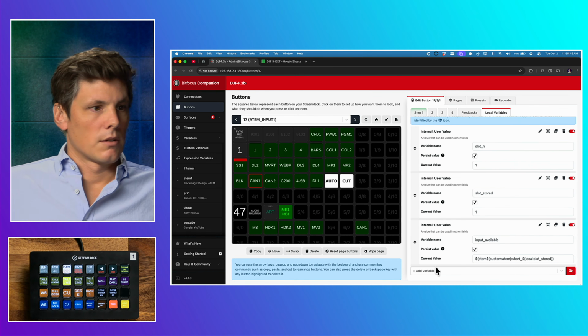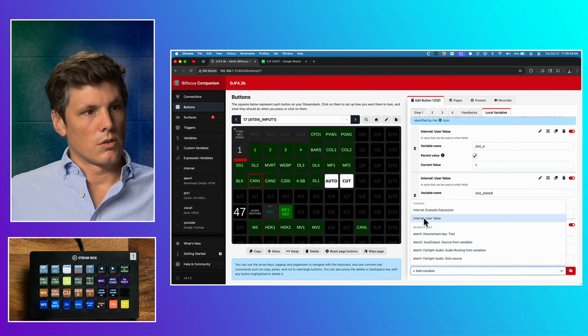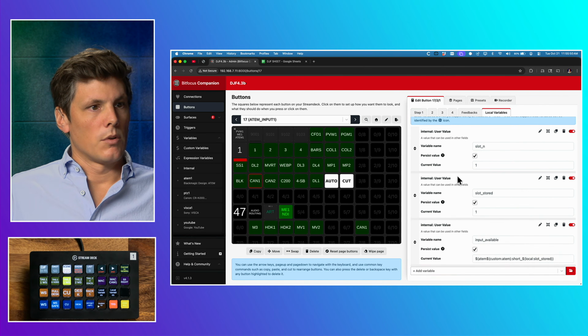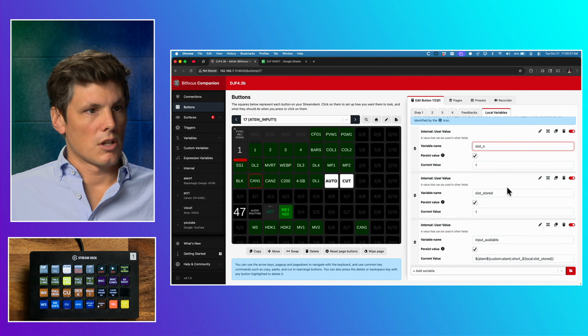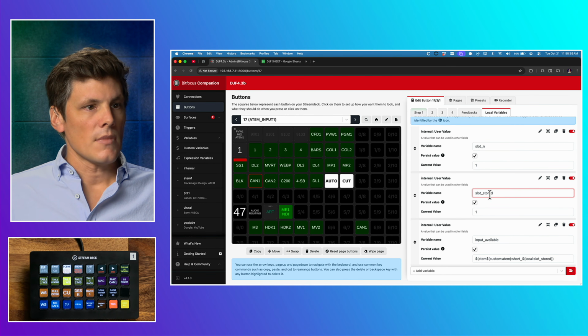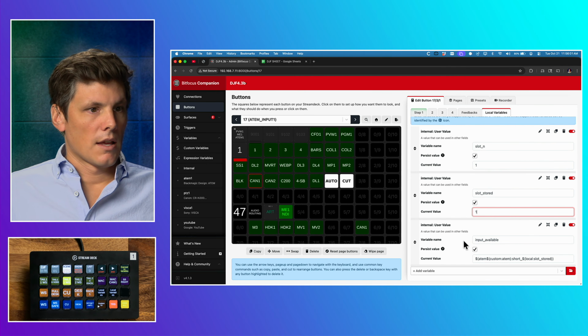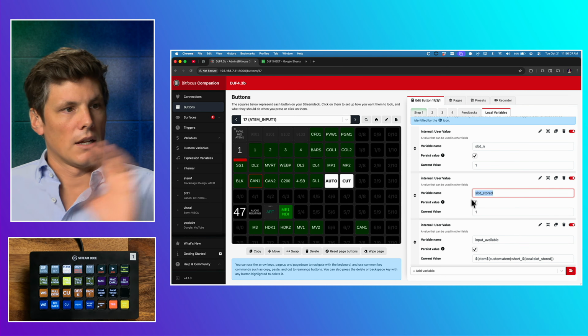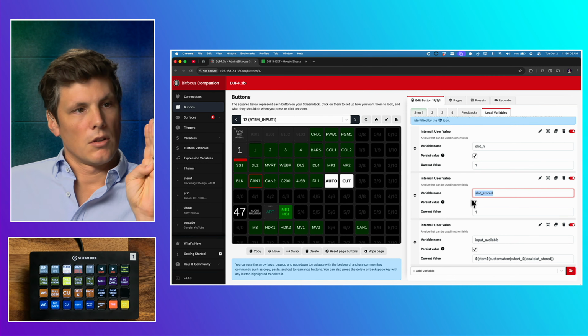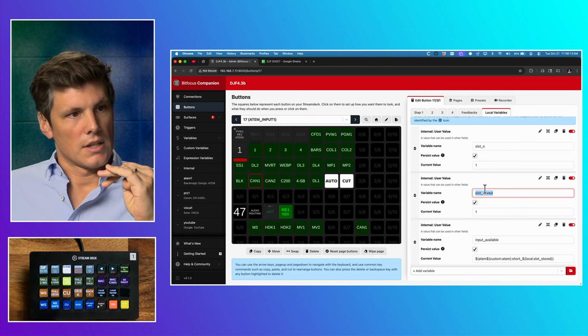And then under add variable, you can just go internal user value, and that will open up these, and you can just give it a name. So like slot n or slot stored equals 1. And I'll come back to this stuff later. So now slot stored, as in $(local:slot_stored), is going to give